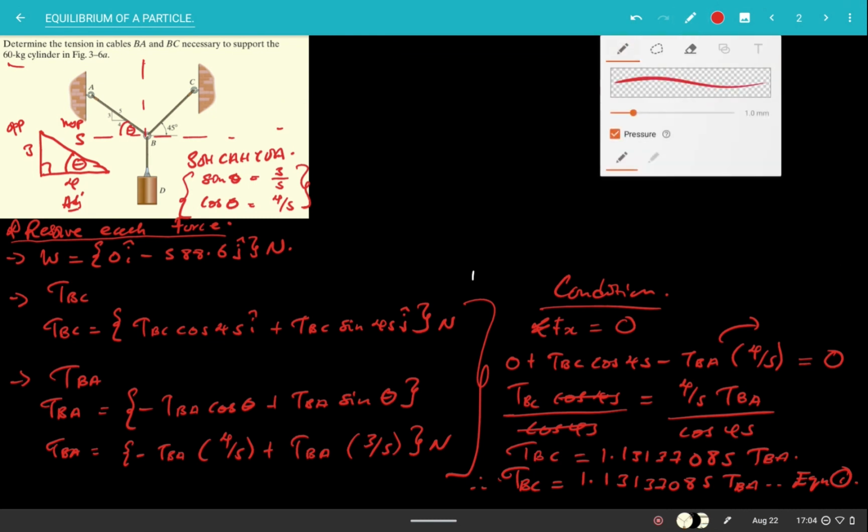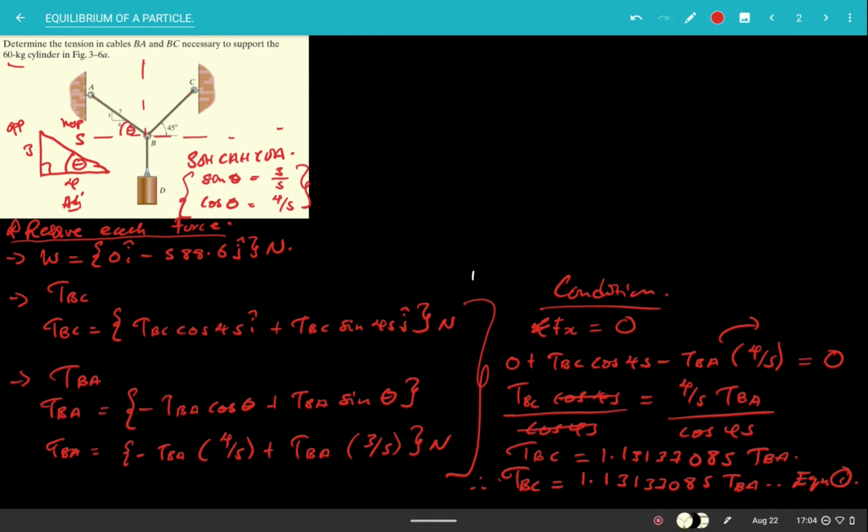Alright, so going back to my magic pen. Now we need to solve condition 2. The sum of all the forces that we have in the y should give us 0. So the sum of all the forces acting in the y should give us 0. So getting the y forces, first with the weight force, we're having minus 588, sorry about that,